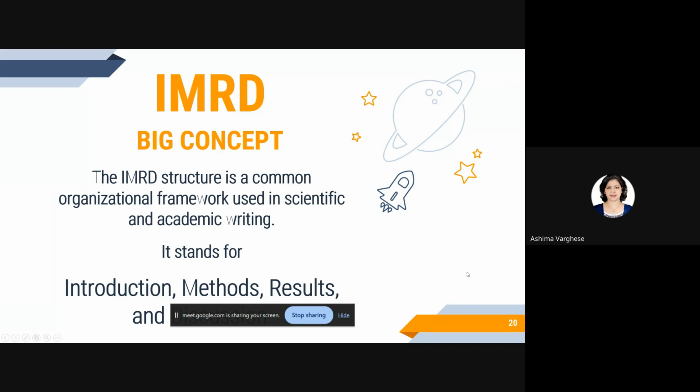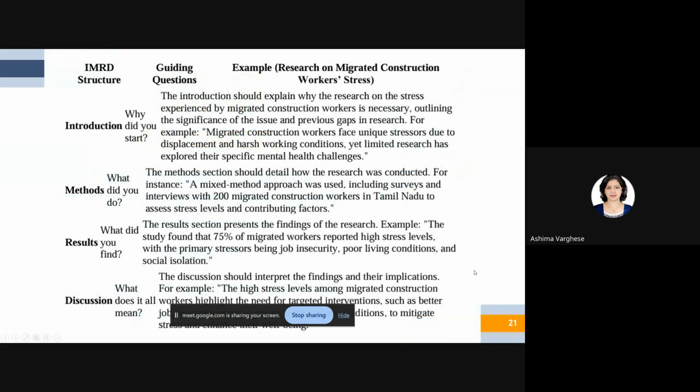So, let's dive in. IMRD structure: introduction, methods, results, and discussion. These are the guiding questions. And the example which I have taken today is to conduct research on migrated construction workers' stress in Tamil